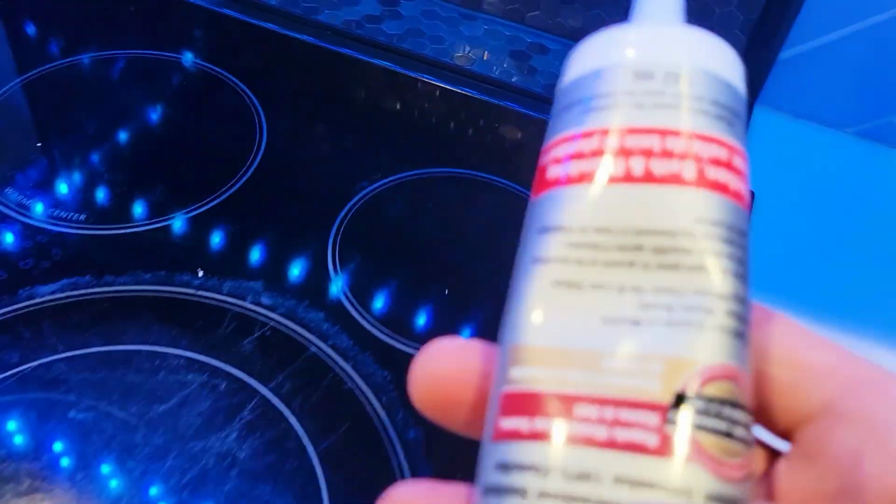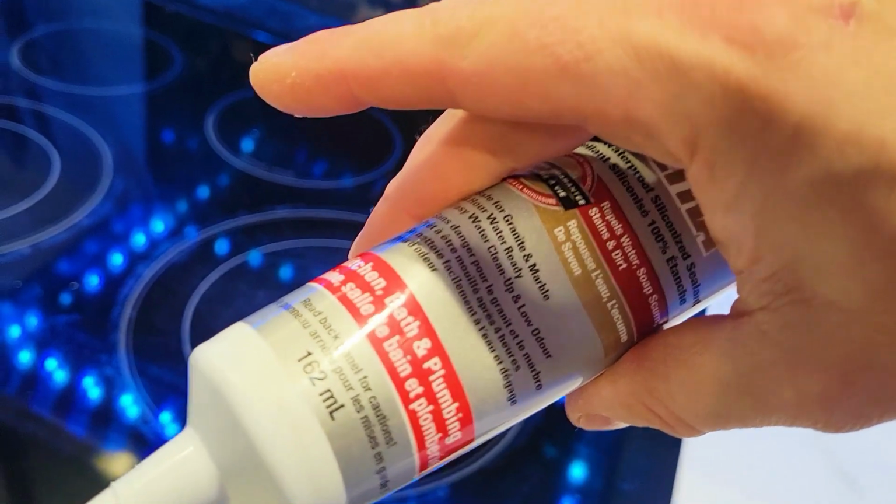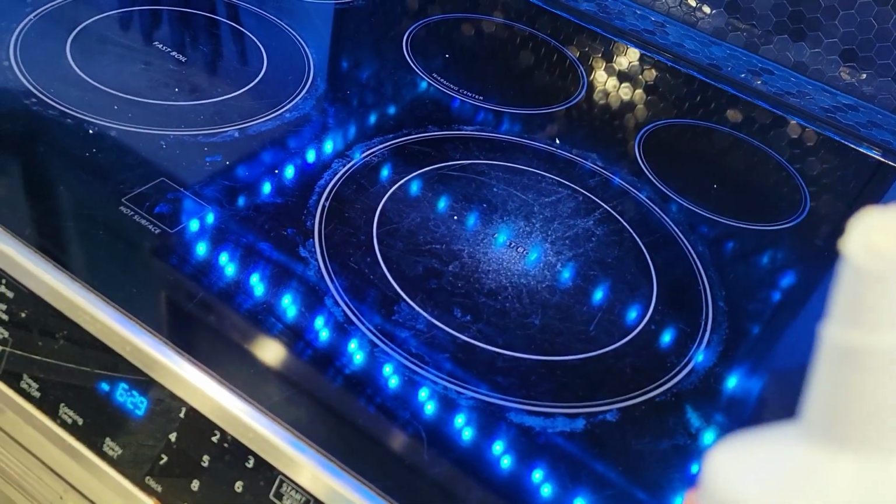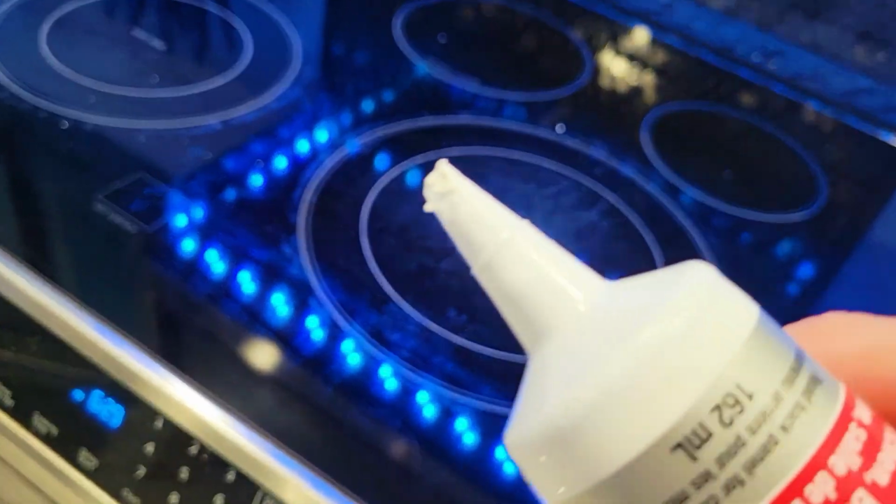So that's how easy it is to apply this. I definitely recommend this. This will seal drafts. It's not going to be super thick. You could probably get away with doing a 1/4 inch gap filling, but besides that, you probably want to go and get proper